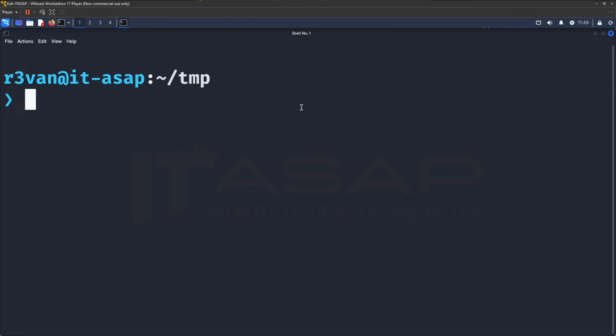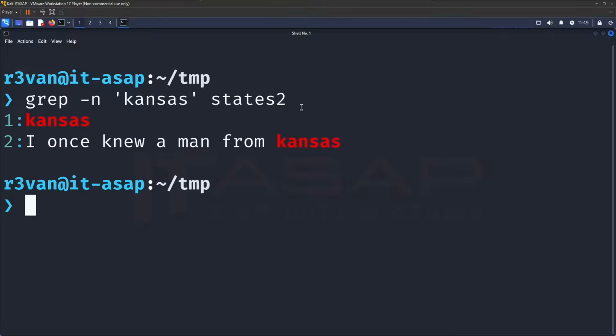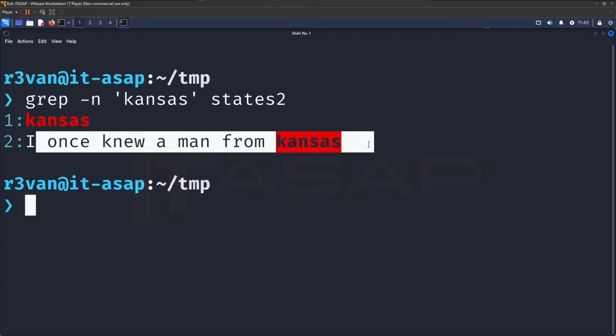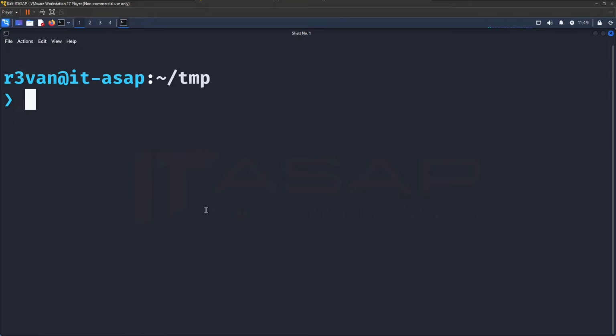Let's take another look at the states2 file. This time we'll use -n to show us the line numbers of what we are getting as a return. Okay, so here it says line 1, Kansas. Line 2, I once knew a man from Kansas. So again, we use